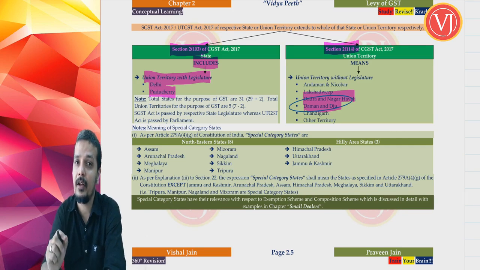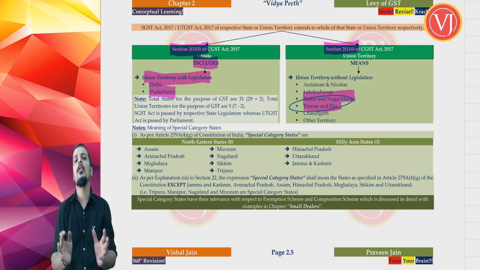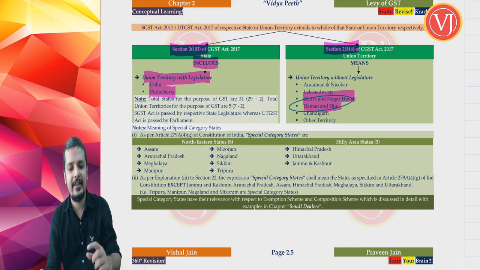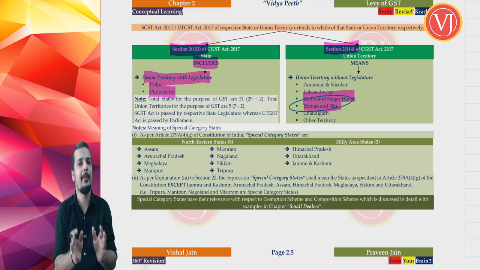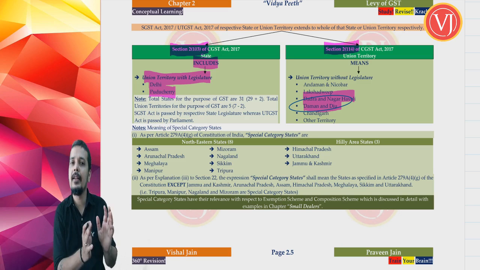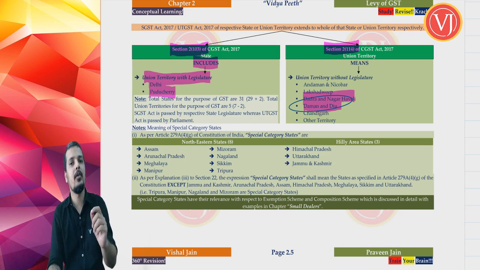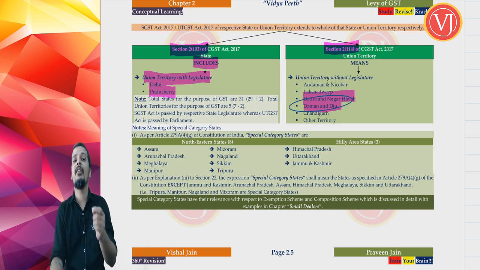So mind you, if at all there is any further clarification by ICA telling that no, now you don't call Jammu and Kashmir a state and you have to read it as two union territories, then we'll be having a small correction lecture where we'll be telling that no, you have to read this particular Jammu and Kashmir in this aspect. So till then we'll be reading Jammu and Kashmir as a state, because most of you are very much aware that no more it is a state and it has been divided into 2 union territories. One should not have doubt why we have not discussed this in our lecture.